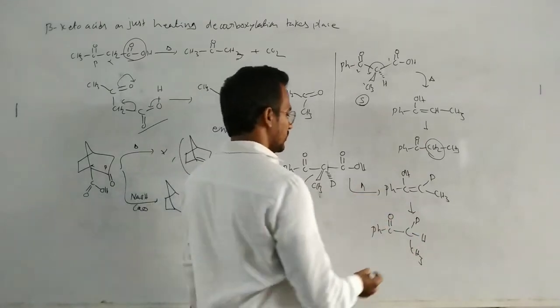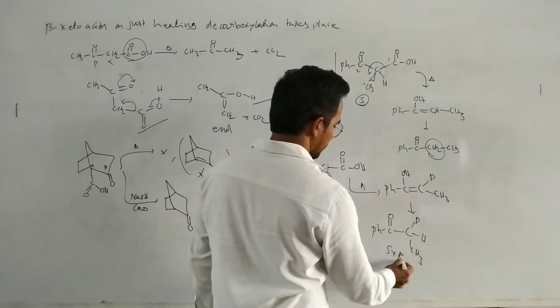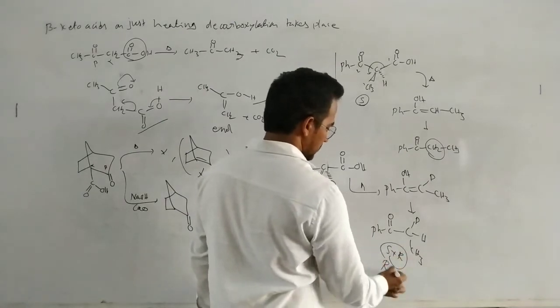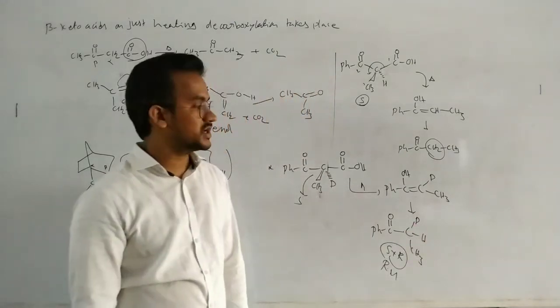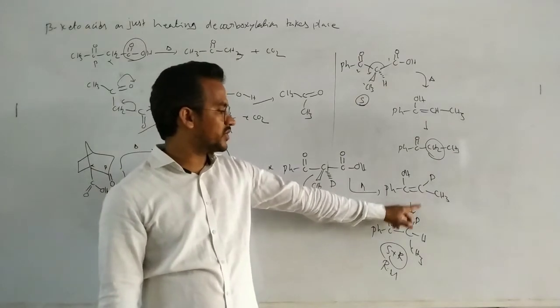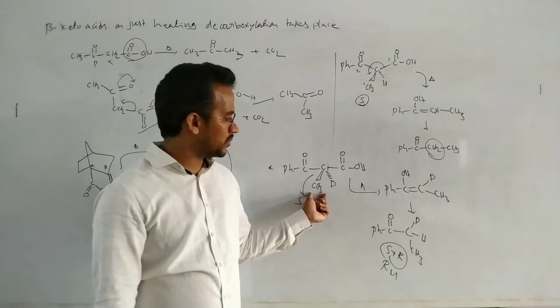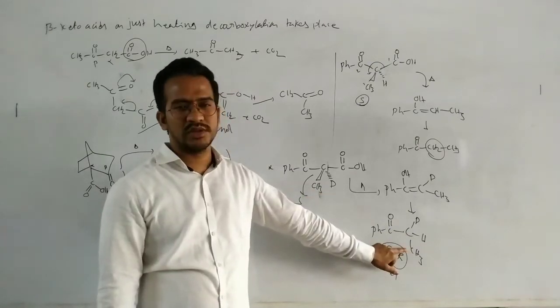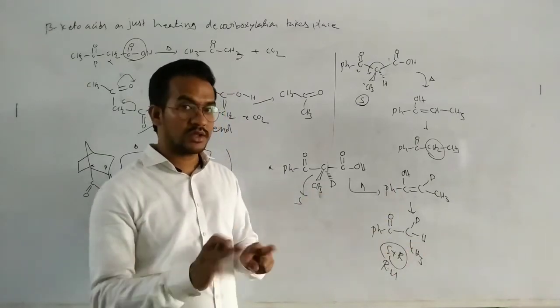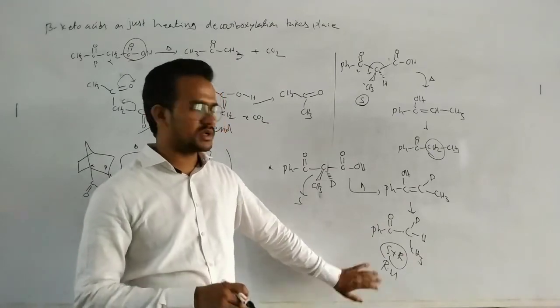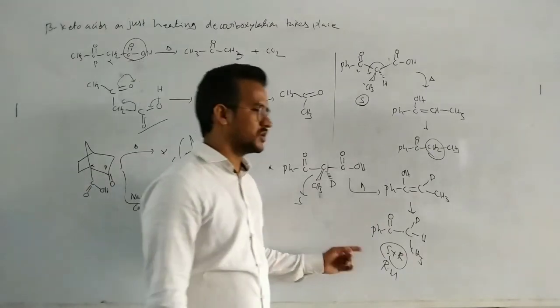That means here we will get S plus R. You will get the S plus R. That means the racemic mixture is produced, because that sp2 planar compound is converted to sp3 non-planar. So here initially methyl above the plane, but in this case methyl above the plane or below the plane. So we'll get the mixture of two products, that is nothing but the racemic mixture. Okay, it's an important example.